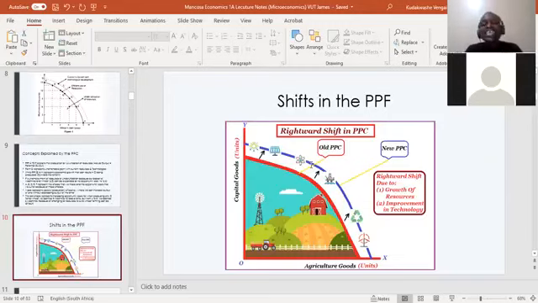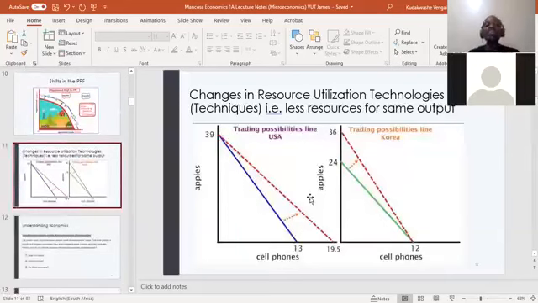So as the resources, whether those resources are land or labor and etc., increase, the PPC is going to shift outwards. It's going to move to the right. So that's going to be a shift in the whole PPC. But what might happen in a specific economy, second example, is that the PPC might just shift on one side,